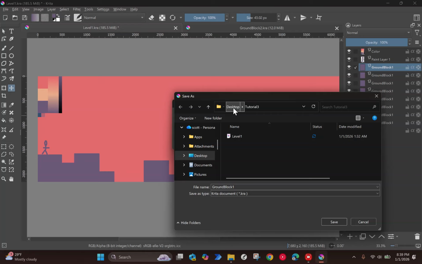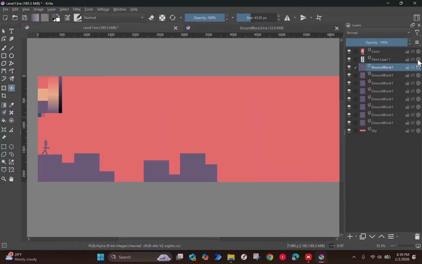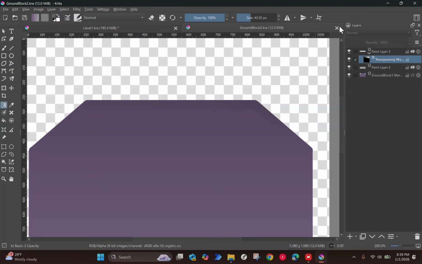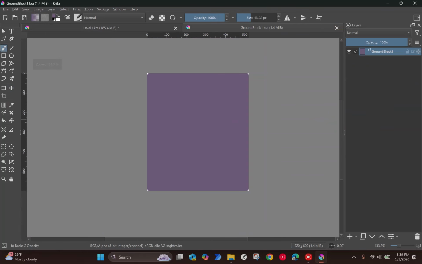So I just put a file on my desktop, and I call it tutorial 3 because this is the third time I've tried to do this, and there's my level 1. So save it as a KRA and then hit OK, and now you see this little file here. If I click on that file, there it is, and now I can mess with this thing. So if I make a little smiley face here, he's so happy, and I hit Control S,